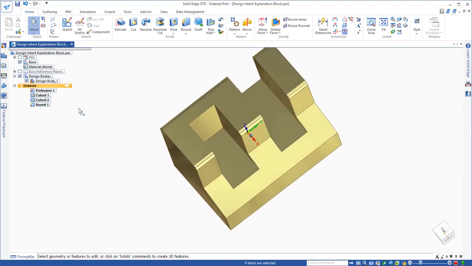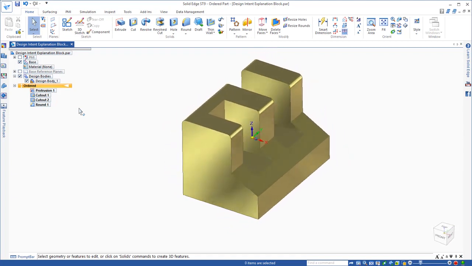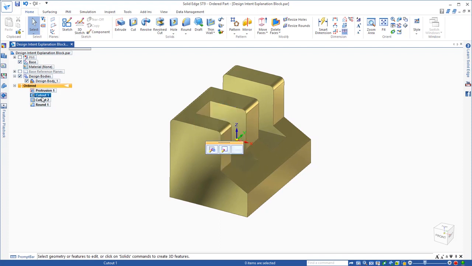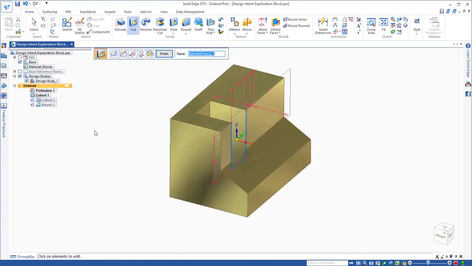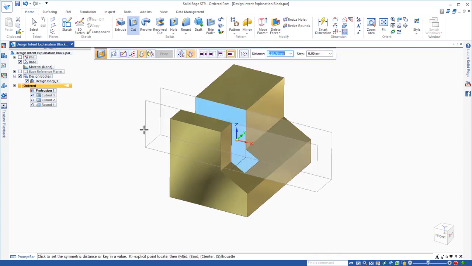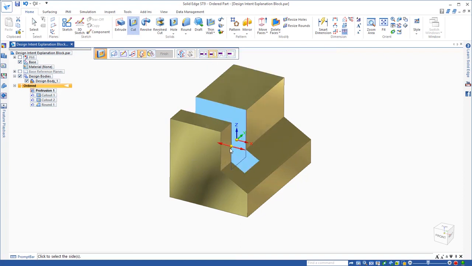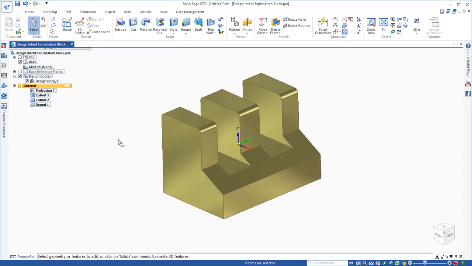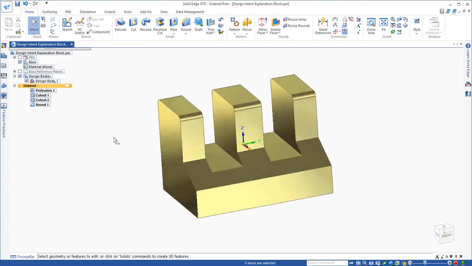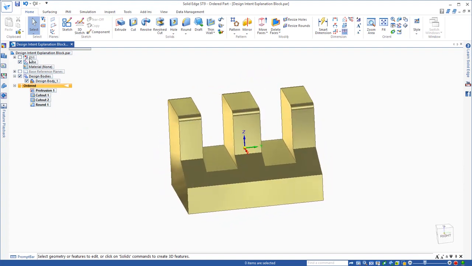Now we have another issue, that the cutout on the left does not go all the way through. Again, because whoever created this, when they created this cutout, they just probably dragged to a certain depth and didn't actually do through all for the extent. And because it is history based, it remembers how far they actually were when they clicked, and it establishes that as a depth. So now I'm going to have to change that to say through next in both directions to fix that. Alright, so now that that's fixed, the next thing that we wanted to change was the widths of the